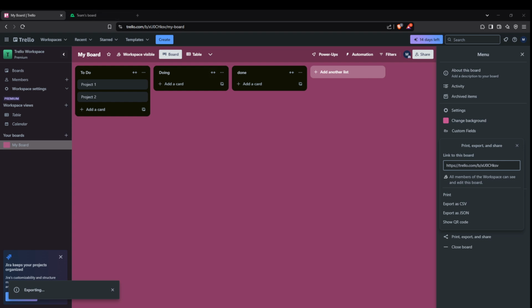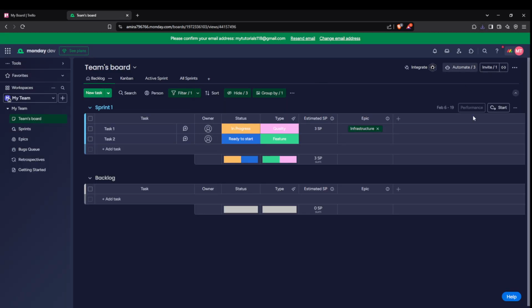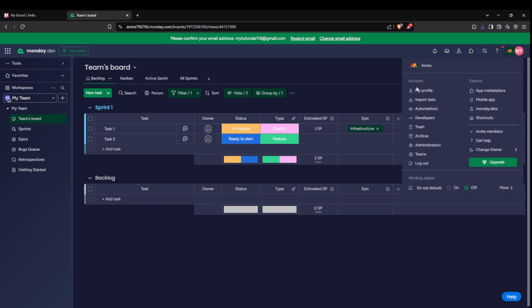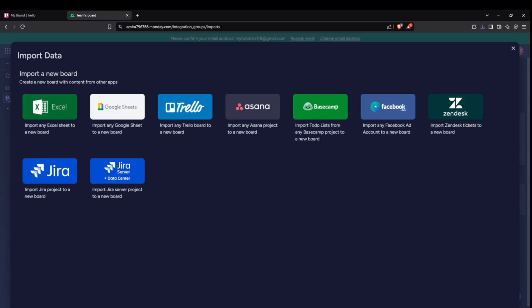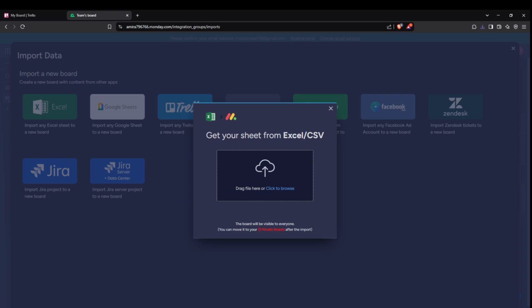Head to Monday.com and log in if you haven't yet. Once there, click on your account in the upper right corner. You're looking for the Import Data option in the drop-down menu. Clicking on this will bring up a menu here. Make sure to select Excel as we'll be importing an Excel compatible file. At this stage, you're ready to drag and drop the CSV file you downloaded from Trello into the designated area